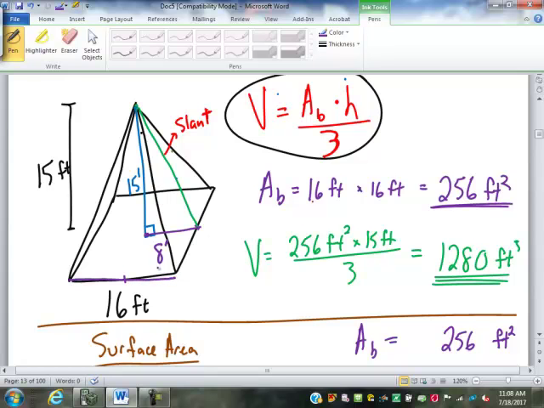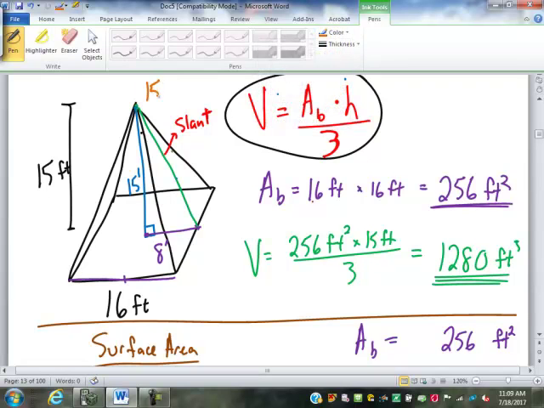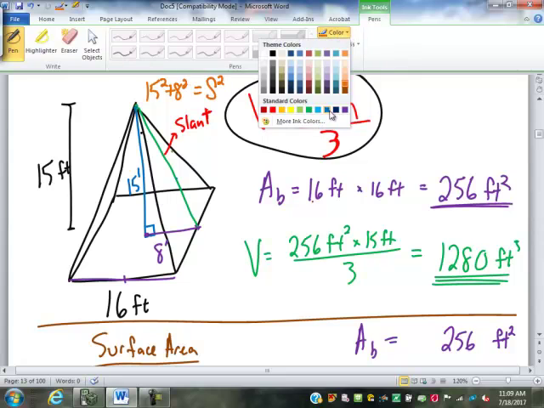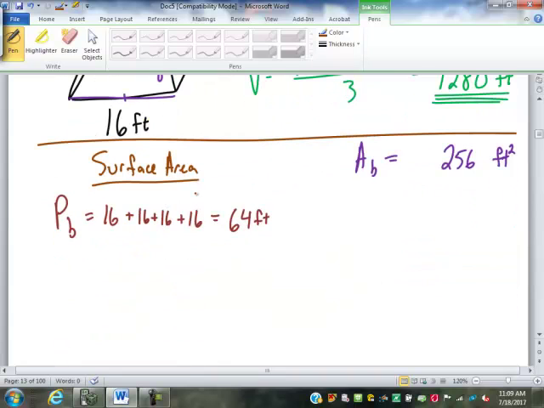Half of that is 8. 15 squared plus 8 squared. You bet. We've got a 15 squared plus 8 squared equals that S for slant squared. If we figure that out, we'll get this length here is 17 feet. So we figured out our slant